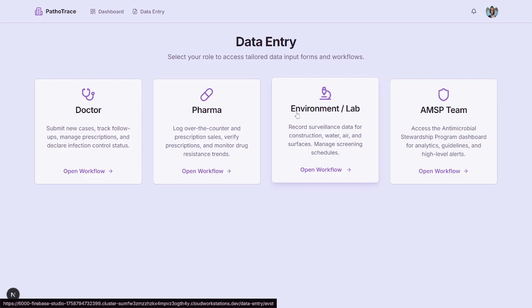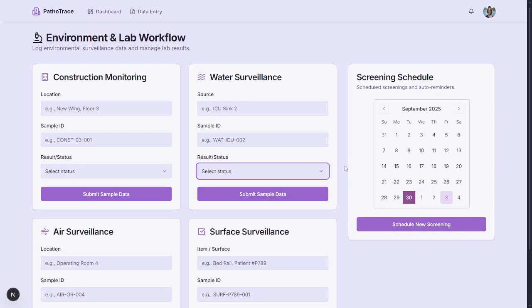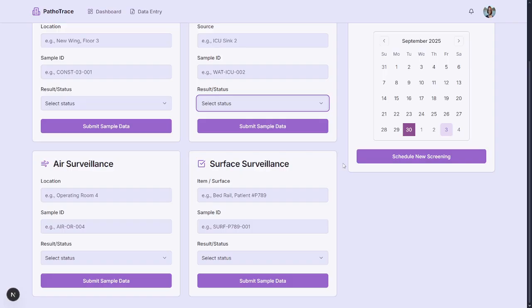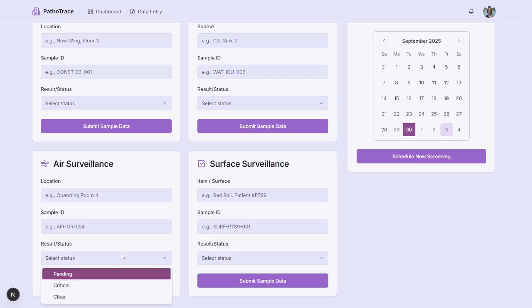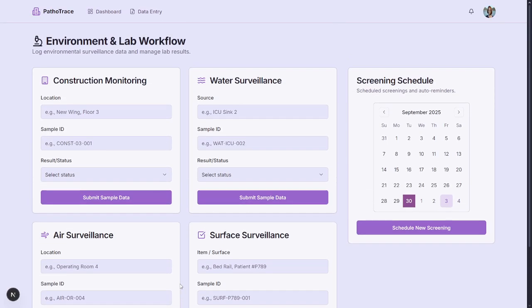The third stakeholder, the environment or the lab. Like I said, sanitation is also important. Similarly, keeping track of the environment surveillance is also important, because this will also affect the spread of the multi-drug resistant pathogen. If there's construction work happening nearby, there's more spread of airborne diseases that can happen. If the air surveillance quality is low, then that will be an alert for people to make sure that, if it's critical, they take care of it quickly, so that if there is an MDR alert in that area, it doesn't spread to the contacts that the patient has come in with.